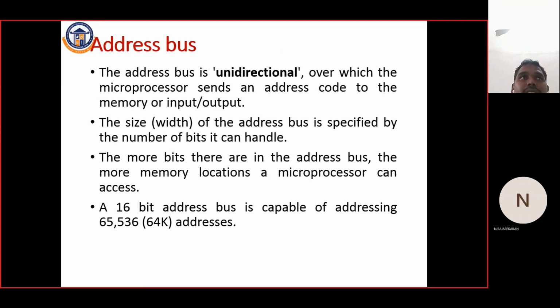Then the address bus. This is a unidirectional bus over which the microprocessor sends an address code to the memory or input output. So first we have to send the address code to the memory or input output. After that, for the particular memory location, we are going to send the data. The size of the address bus is specified by the number of bits it